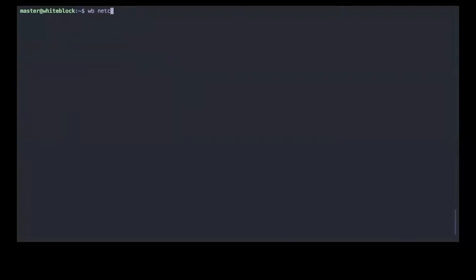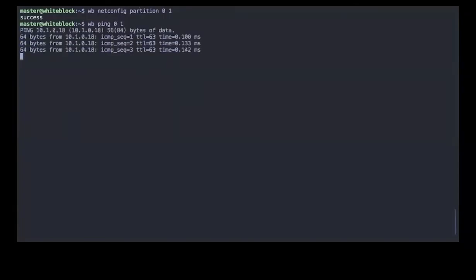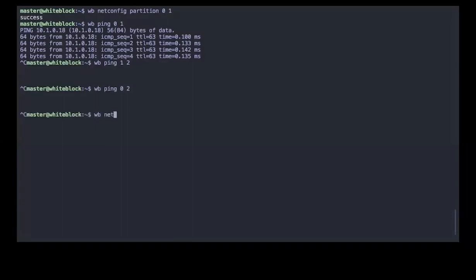So that's impressive. But on top of that, we can now also partition the network so we can actually create a real rift between different nodes of the network. So now we're going to isolate node 0 and node 1 into their own partition. There we go, we got a success for that. You can still see that the pinging works. But if we try to ping from node 1 to 2, for example, we see a big empty void. Same thing with 0 to 2. At any point in time, we can choose to reconcile this network. And there you go, it's working again.